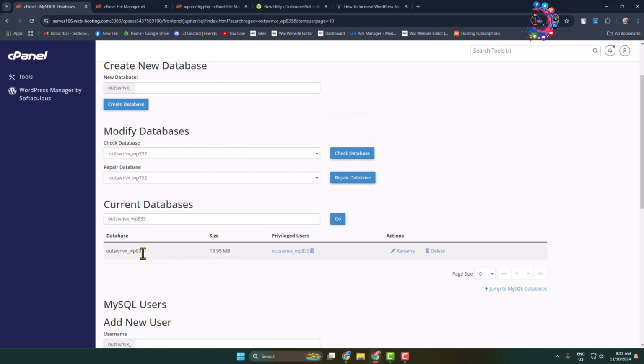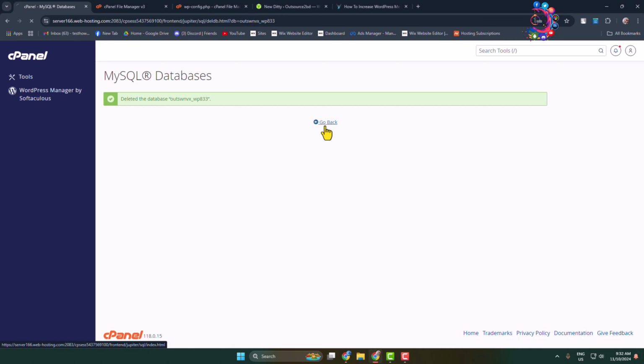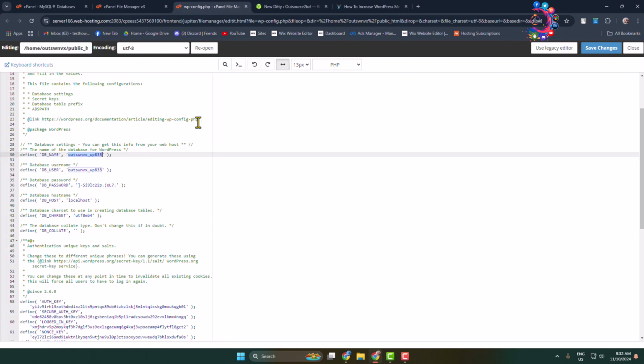And then here we can see the exact database, and in this database I've installed my WordPress website. Now I'm just clicking on delete to delete the database. Click on delete database permanently. Once successfully deleted, go back from this page and now go back to your wp-config.php editor, and here you